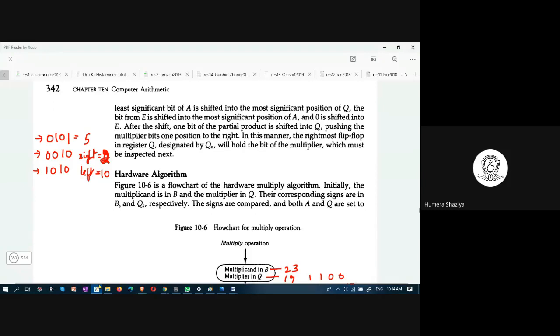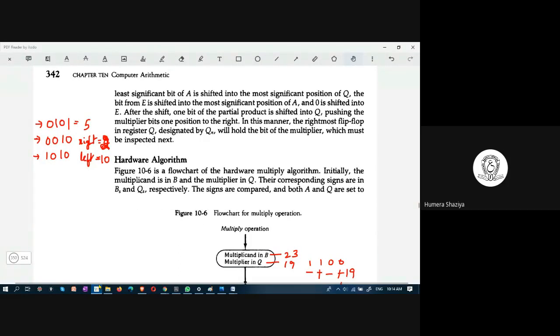What do you understand from this? Right shift is equal to which operation and left shift is equal to which operation performed on the original number? Right is like integer division: 5 integer division 2 is equal to 2. And left is 5 into 2 is equal to 10. Left shift is equal to multiplication. Right shift is equal to division.